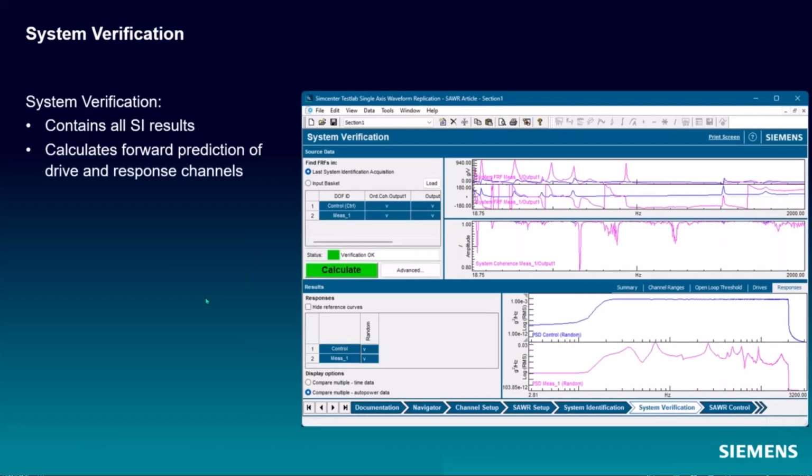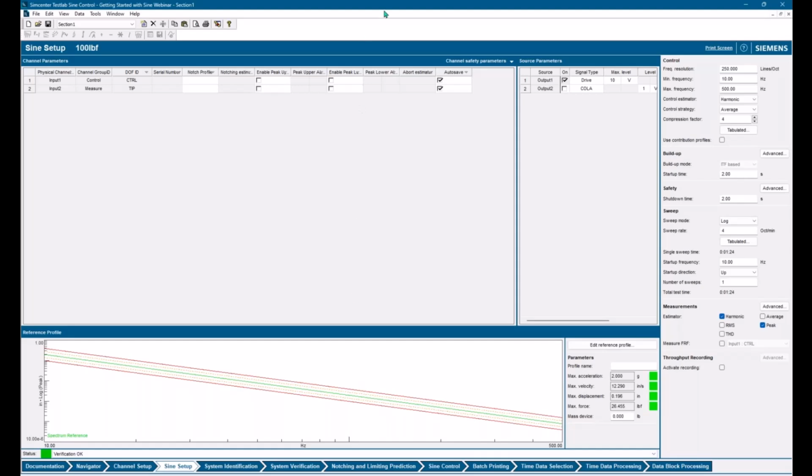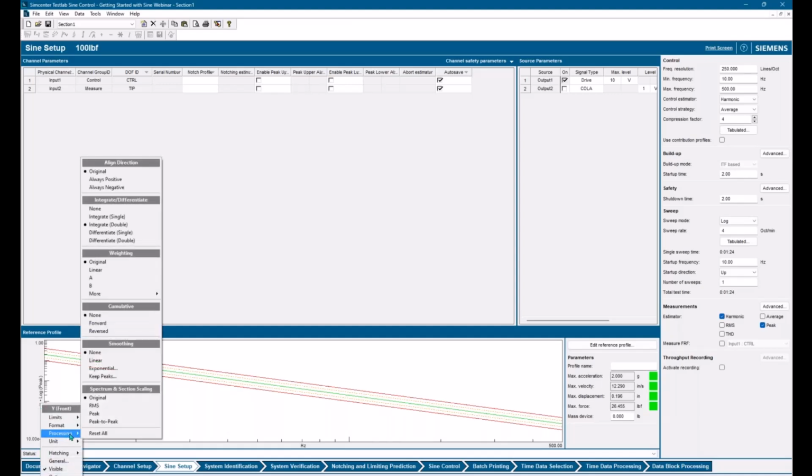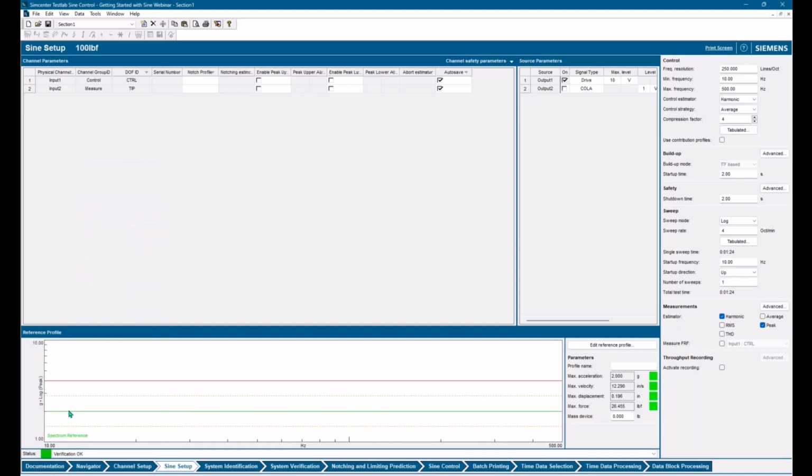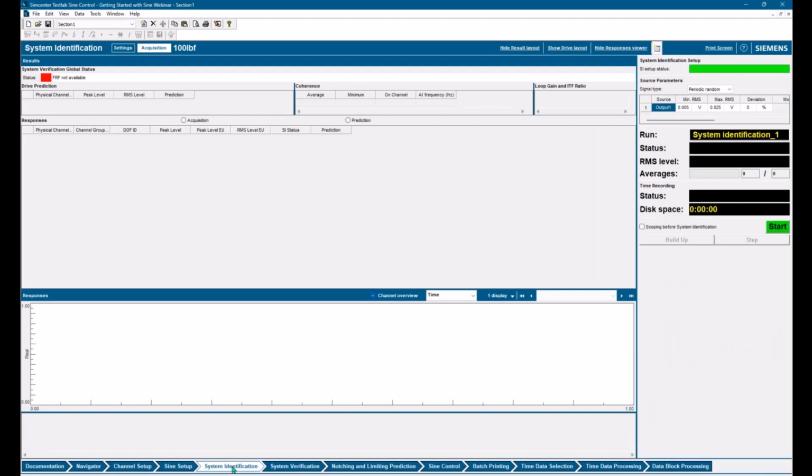So now let's take a look at that in the software. Okay, so we've set up our sine test here. This looks weird again because it's in inches now, but if we go back to our regular display, we have a flat G sweep. And we'll go to system identification and we're going to hit start.